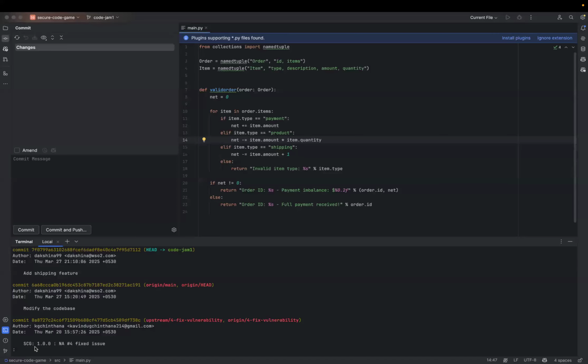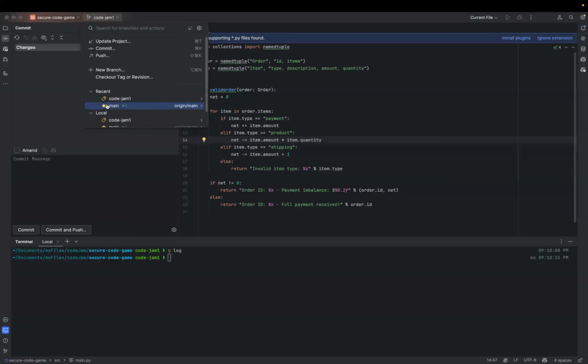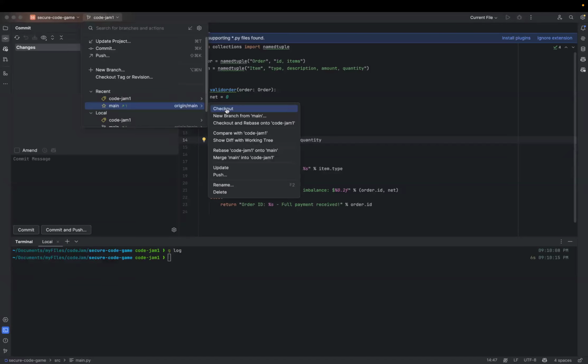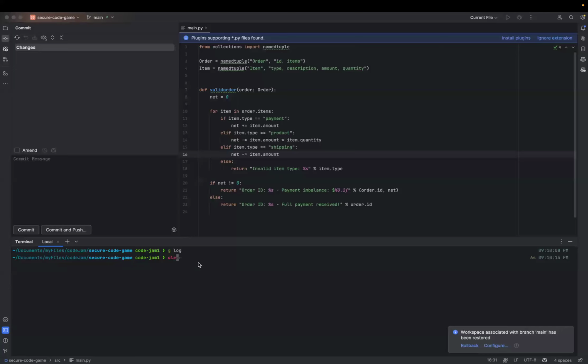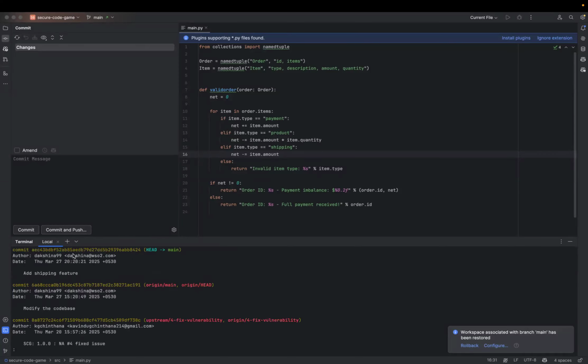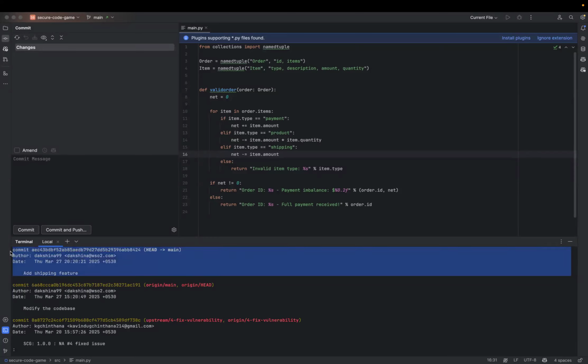Okay, so that's why I told. So we were in the main branch, no? And when we are in the main branch, let's again hit, oh sorry, git log again. So here we cherry picked this, no?